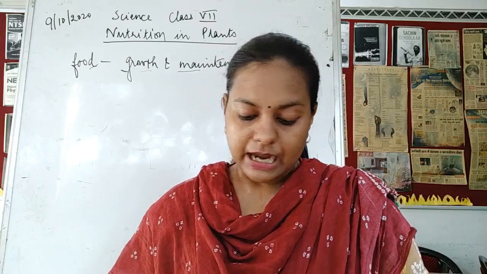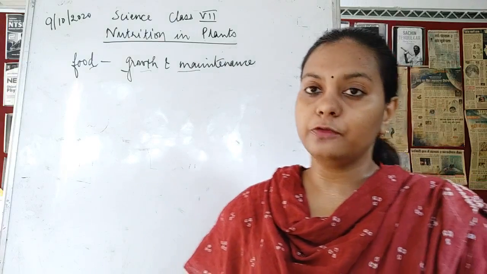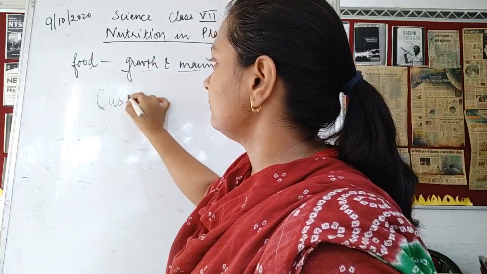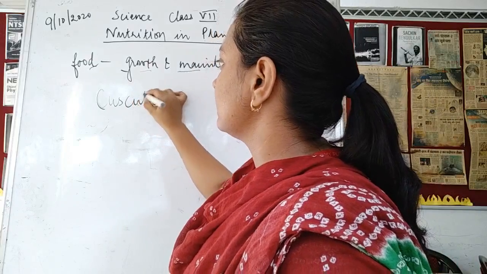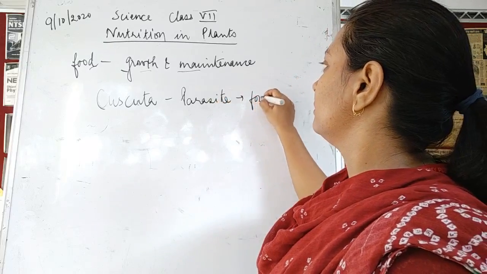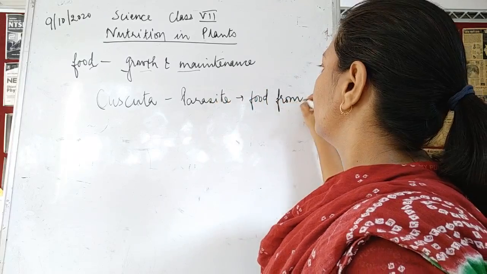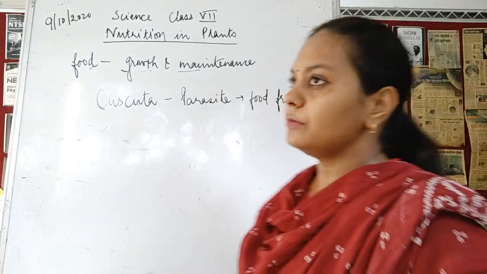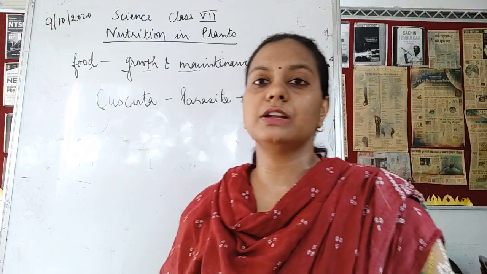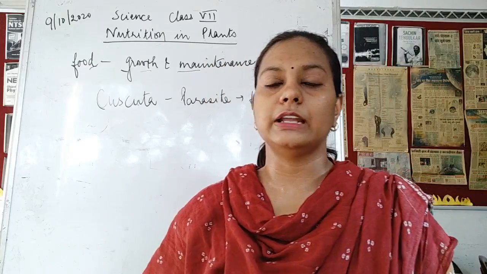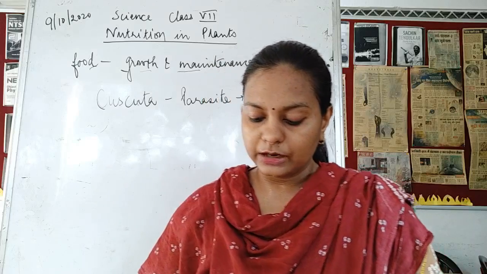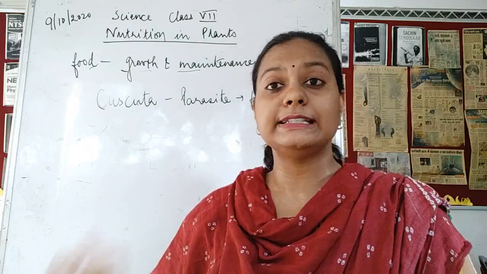After that, plants like cuscuta are parasites, they will take up the food from the host. So cuscuta is a parasite which takes up the food from the host. Okay, so please understand that this cuscuta is a plant which is partially heterotrophic in nature. If they are heterotrophic in nature, it means that they are going to take up the food from the host, they are going to steal the food from the host.